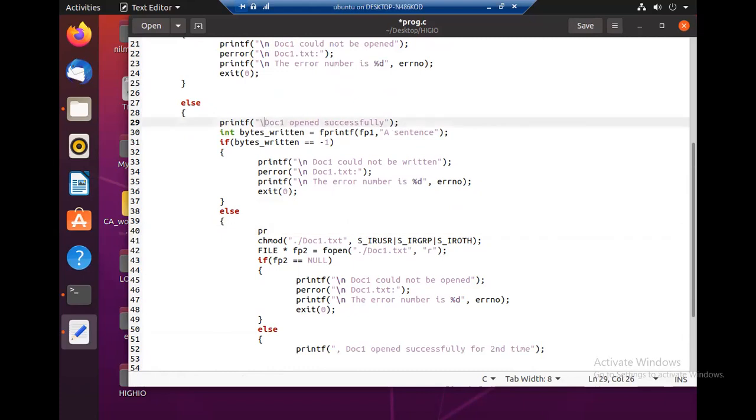So we'll show the new line. Printf, so not open. We say doc1 was written.